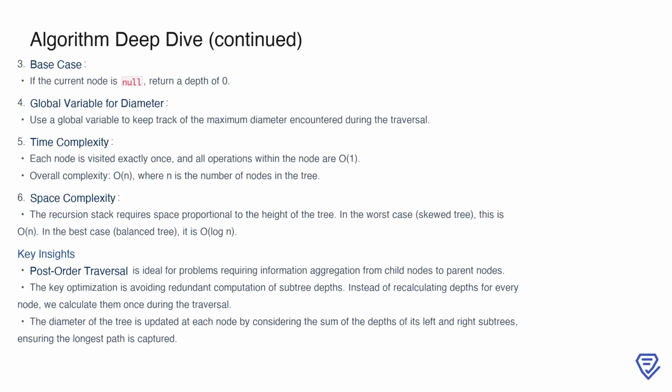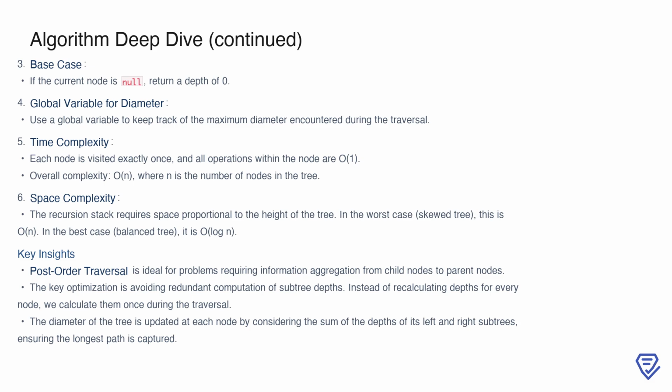The base case for this algorithm is straightforward. If the current node is null, we return a depth of 0. To keep track of the diameter globally, we use a variable that is updated whenever a larger diameter is encountered during the traversal. This approach ensures that each node is visited exactly once, and all operations performed at each node are constant time. As a result, the time complexity is O(n), where n is the number of nodes in the